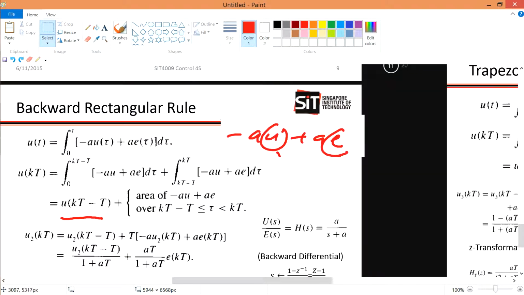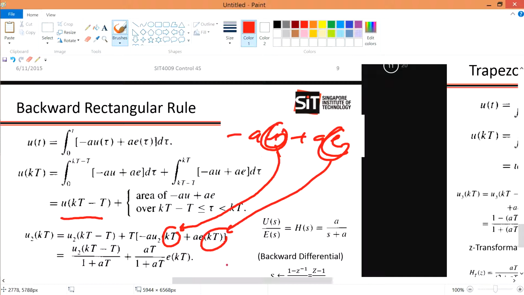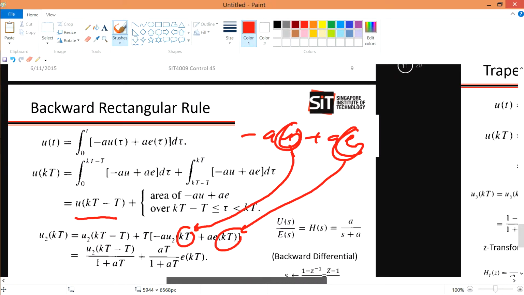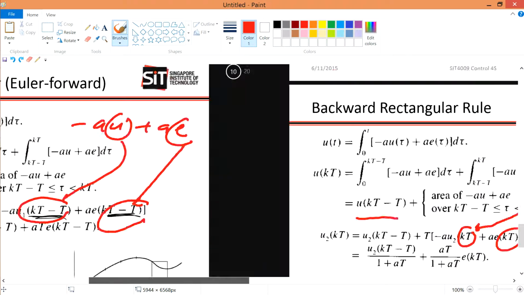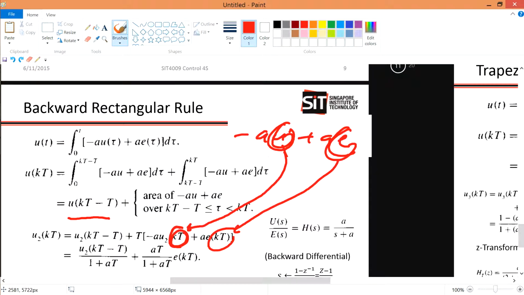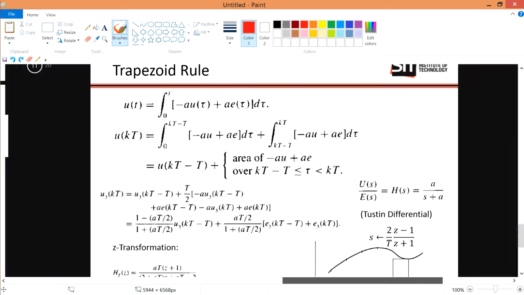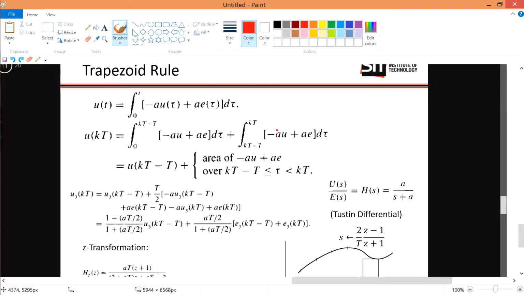Your U over here is subbed in as KT, and your E over here is subbed in as KT. So just to go back again, your forward is KT minus T, and your backward is just subbed in as KT. While for your trapezoidal, which is also minus AU plus AE, your U over here is going to be subbed in as KT